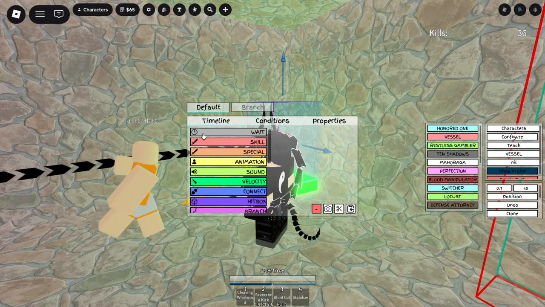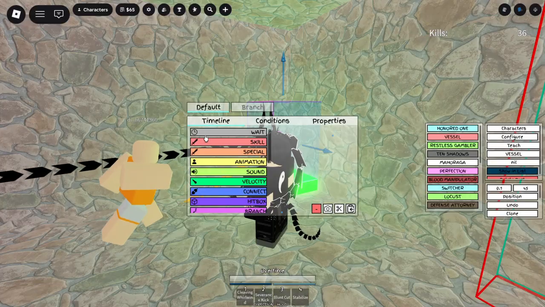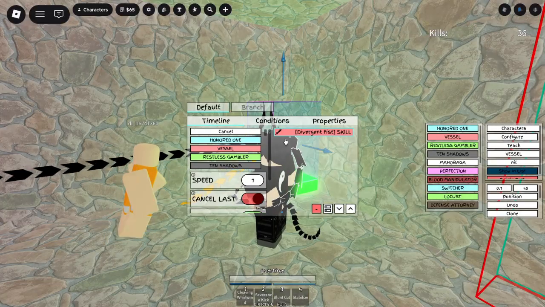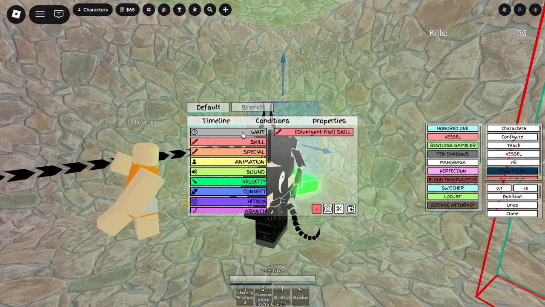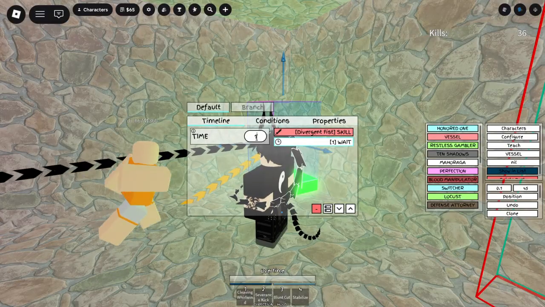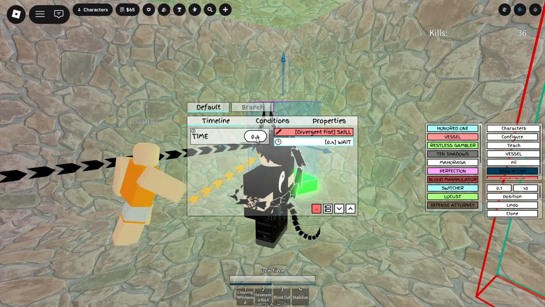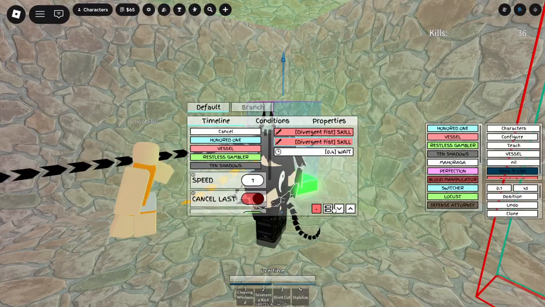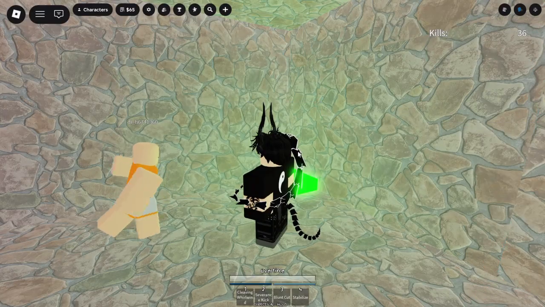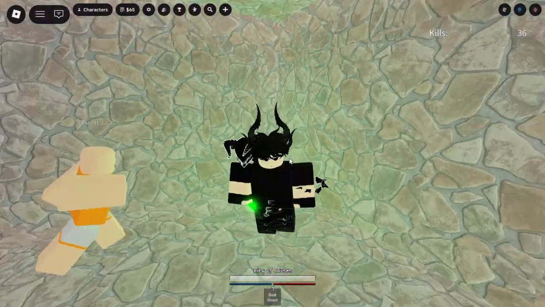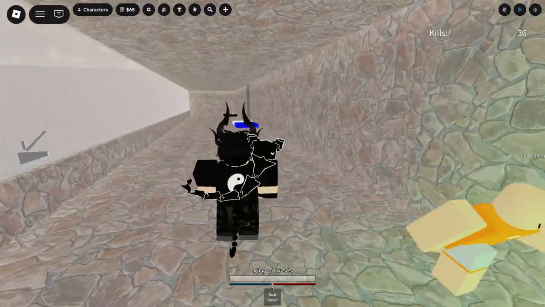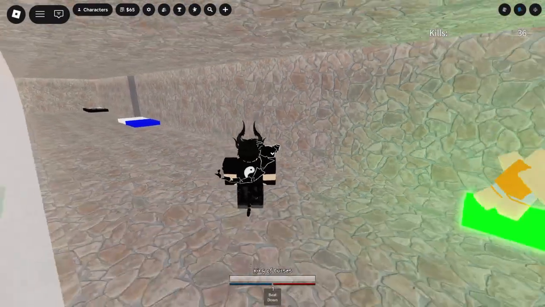Special, skill, and weight. I'm gonna teach you how to do a basic black flash first, so you know the timing. So weight makes it so that it'll wait the amount of time that you put in seconds until it uses something else. So for instance, if I set this to this, now if I use first skill, beat down,